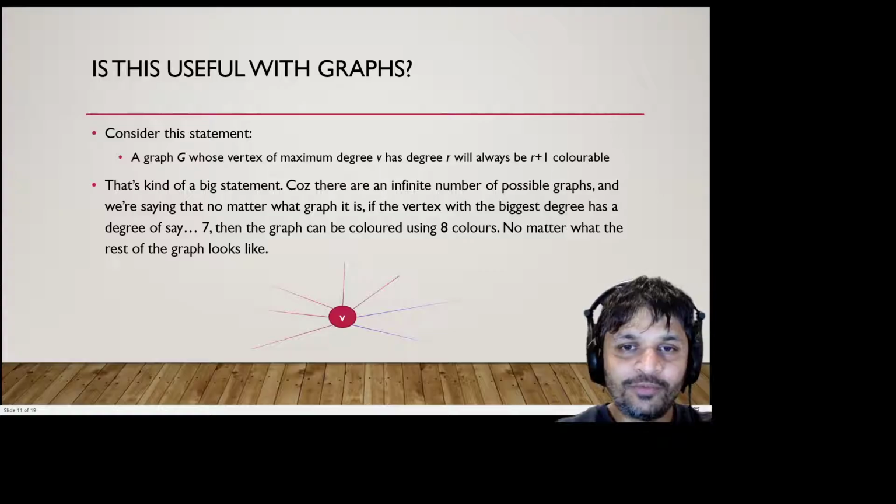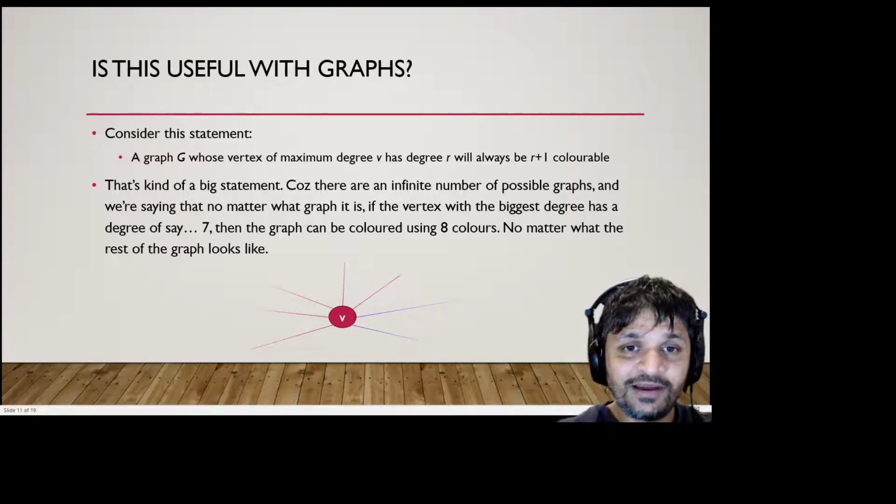Now, the only thing I know about this graph, the only thing that restricts it, is the vertex with the biggest degree. So let's say I had a graph, and the vertex of biggest degree has degree, say, 7. So I'm looking at this example. You can see there's a vertex V which has 7 edges. And I've intentionally faded out the end of these edges, because what I'm indicating here is that I know very little about the rest of this graph. The rest of this graph could have any number of vertices and edges, and I know nothing about them except that the rest of the graph doesn't have a vertex with a degree greater than 7, right? Because this V was the vertex with the maximum degree.